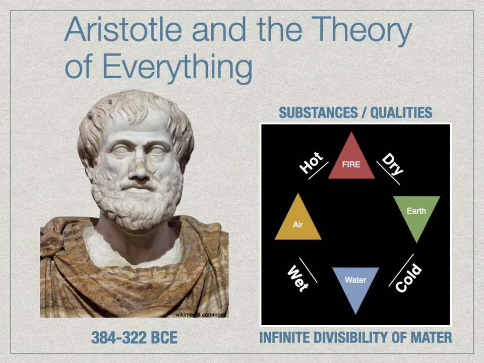Take earth, which is cold and dry, so think about a dry piece of firewood, and you heat it up, set it on fire, right? You convert that dry firewood to fire, which is no longer cold and dry, but it's hot and dry. And this idea of changing qualities gave an explanation for chemical change, which was embedded in this classification in matter,